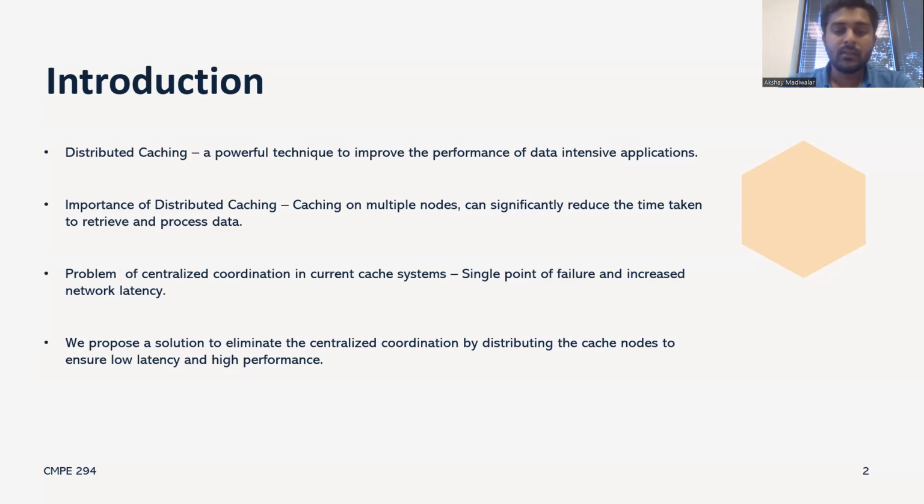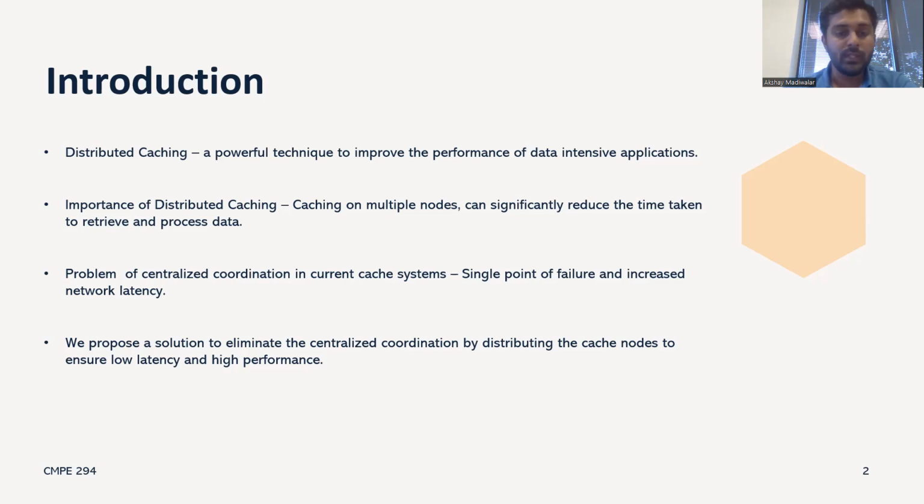However, current cache systems have some potential drawbacks, such as the need for centralized coordination, single point of failure, and increased network latencies. To address these issues, we propose a strategy for adaptive distributed caching based on optimal placement algorithms and eventual consistency. We also propose optimal placement algorithms for cache nodes and data object replacement algorithms based on a greedy approach over traditional replacement algorithms. In this presentation, we'll discuss the importance of distributed caching, the potential drawbacks of the current systems, and the need for adaptive caching systems.